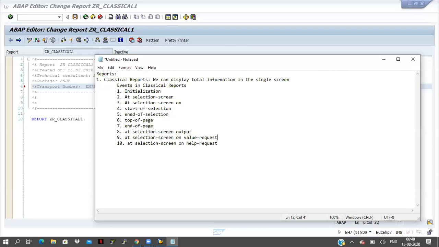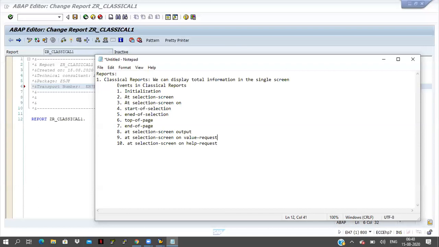For example, AT FIRST triggers at the first record of the internal table. So event means it will do one particular activity.